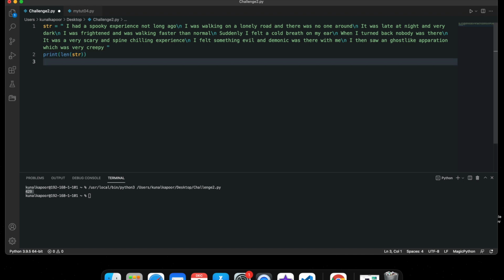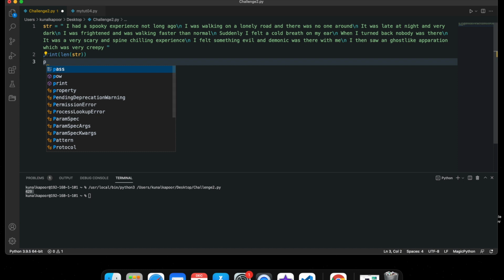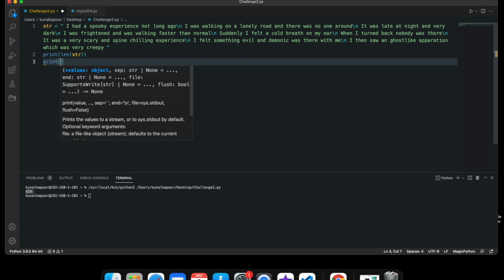Okay. Now let's write the story. I'm going to create a story, or you can just do print because we don't really need to store it.